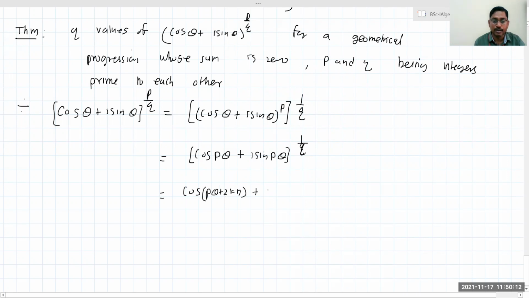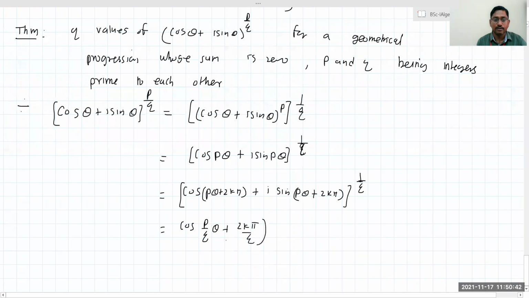Now due to this k, you will get a total of q values. The same procedure I did earlier, and now these two are equal. I am not saying that one of the values is exactly equal to this, but putting k equal to 0, 1, 2 up to q minus 1, we will get all those q values. So applying De Moivre's theorem again: cos of (p upon q theta plus 2k pi upon q)